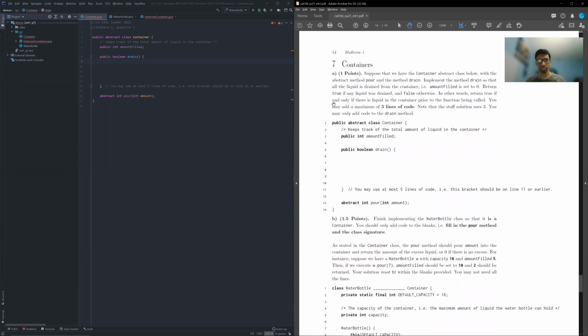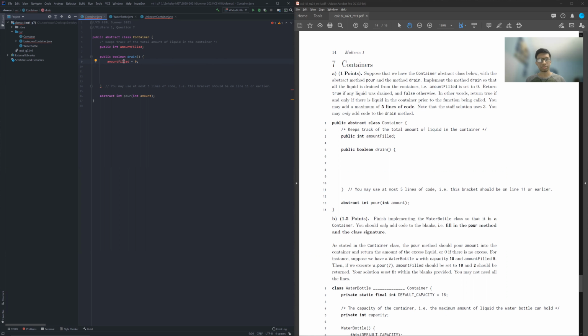Okay, nice. So I come over here, and the very first thing that I want to do is determine what lines are sort of like the spec behind what I'm doing. And it looks like these 3 lines sort of determine that. This first line is saying that I want to set amount filled to 0. And amount filled is 0. Nice. So basically, we're changing the instance member amount filled of the class container.